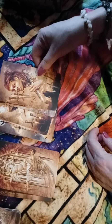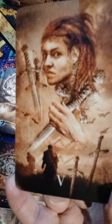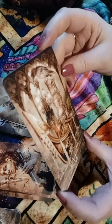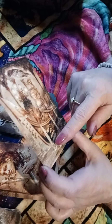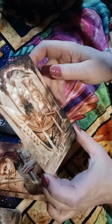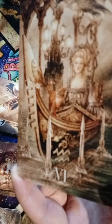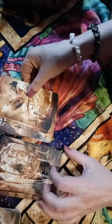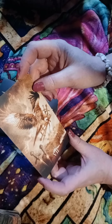And then here we have the Five of Swords, and I think this is an interesting depiction of the Five of Swords. And the Six of Swords, I love how the swords are in the water in this instead of in the boat. I love her hair too. That was the first thing I noticed, the hair. You have the birds, you have that owl. But I like the fact that the swords are in the water surrounding the boat rather than sticking up in the boat like we're used to seeing. That caught my attention. I'm not going to read what it says in the book right now, because you should get the deck and read the book yourself. Seven of Swords,